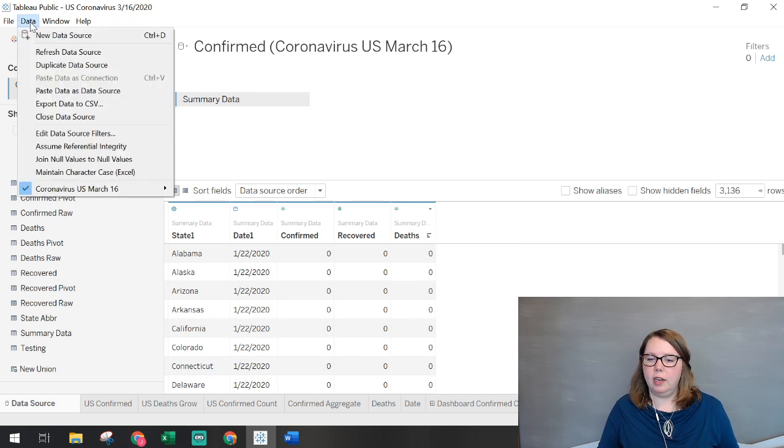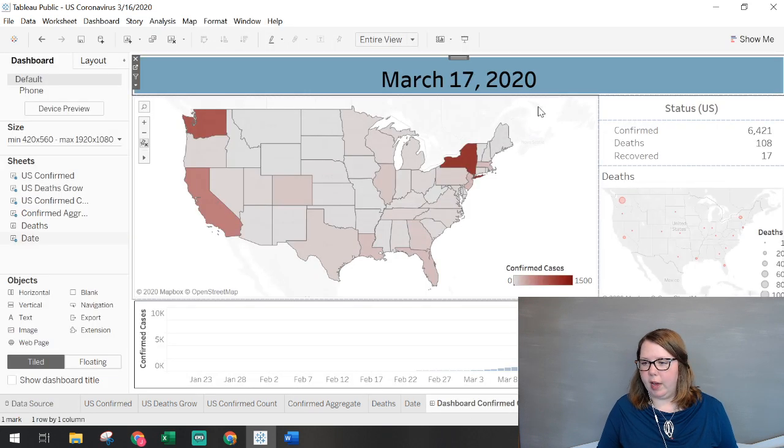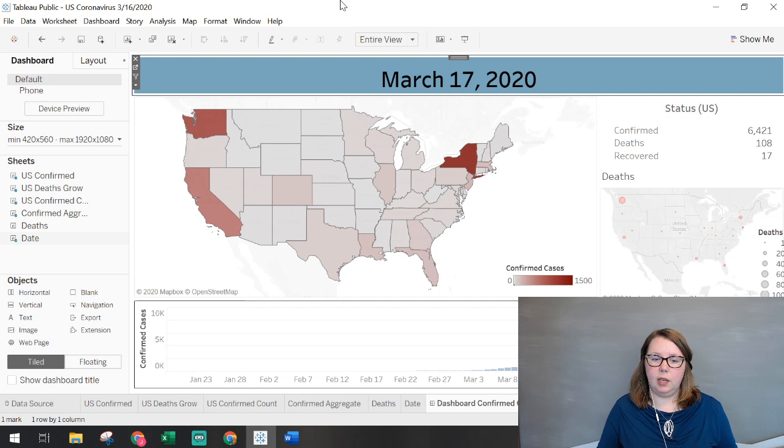I just save the file with the same name every time, and you can click refresh data source. So when you go in tomorrow and you pull the new data in and it has one more date, you can refresh this, and then you've got the newest data and all of the rest of your dashboards update. And so you can see everything automatically. So a daily update would maybe take 5 minutes.